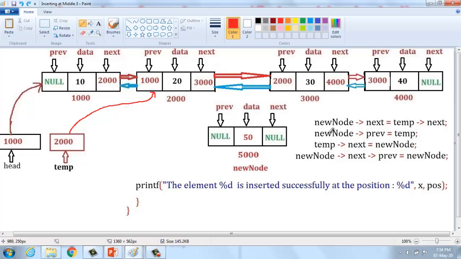Alright, so how can I make a link from this node to the new node? Okay, and then the new node pointer next. Okay, this is new node pointer next. We have to change this location. So how can I modify? Alright, so new node next, new node is 5000, 5000 next, this location is null. It should be changed into temp of next. Okay, what is temp of next? I'm going to create a link from this location to that location. Alright, so how can I create a link?